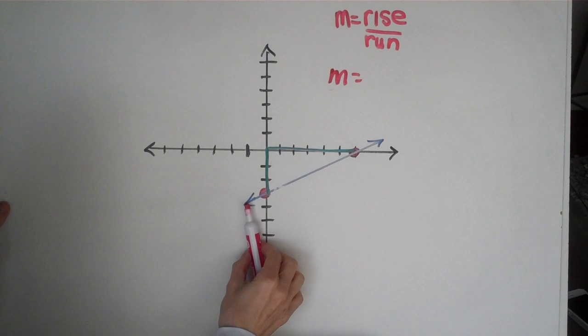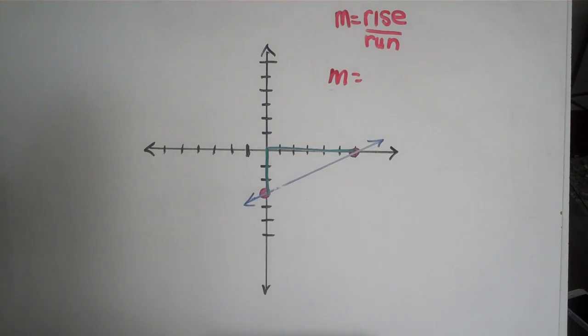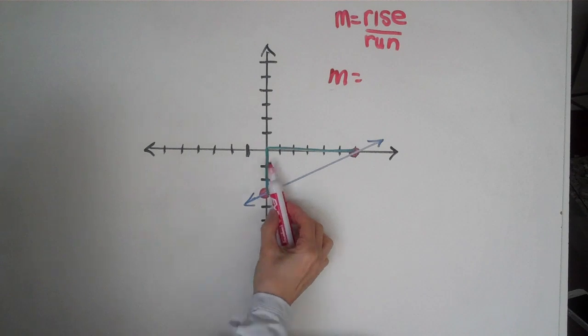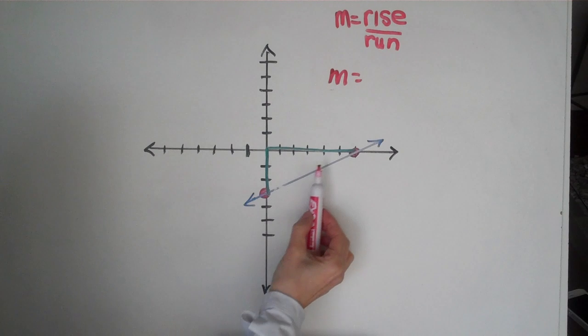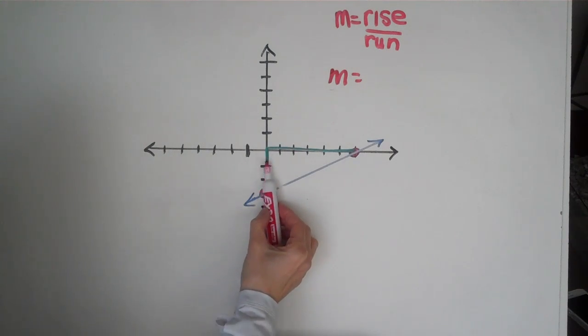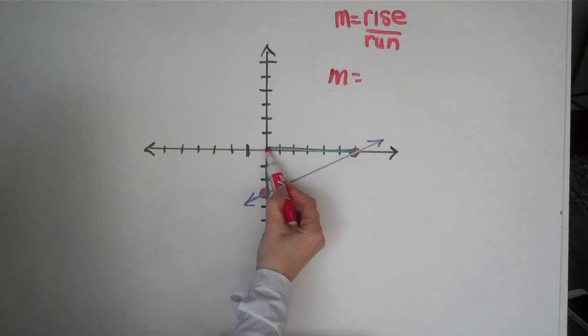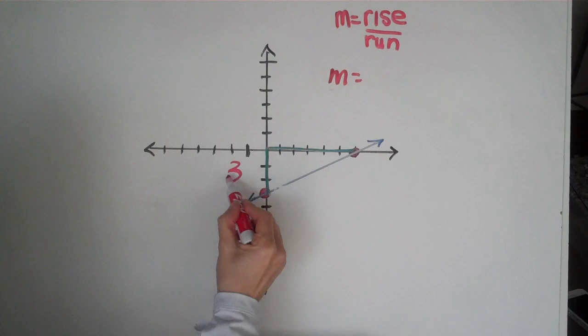So this is going to have a positive slope because when we start on the left side of the line, we're going up, so we know it's going to be positive. And we're going to do the rise first, which is our vertical line, and we're going to start at where they meet. So it's 1, 2, 3, this point right here. So the rise would be 3